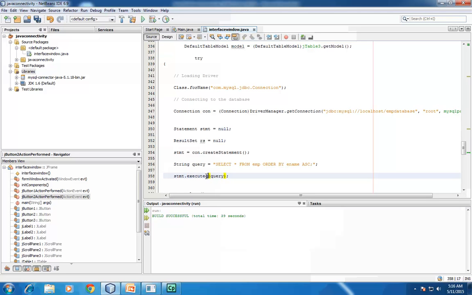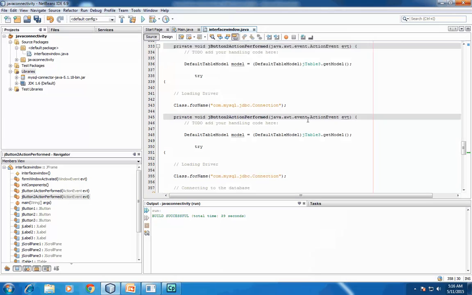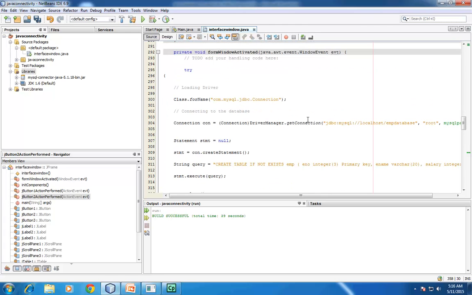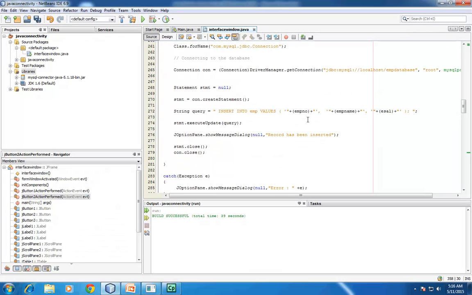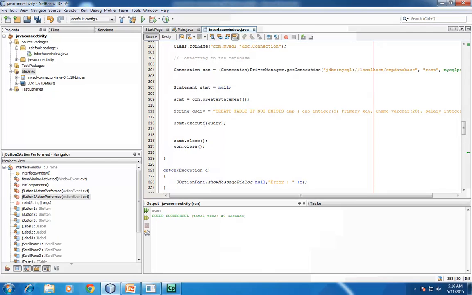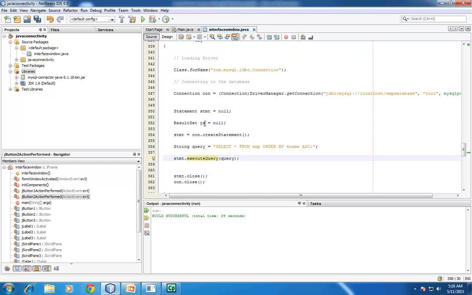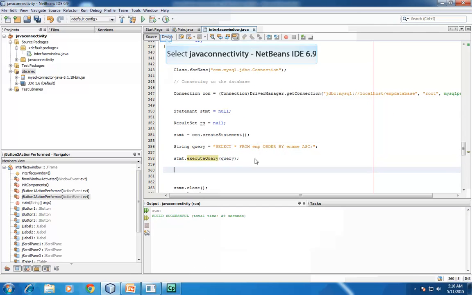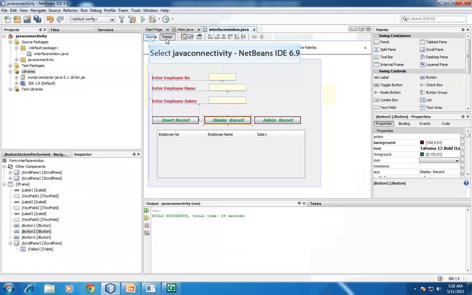Okay, students, remember, when you want to insert, update or delete, you will use the command executeUpdate, and when you want to fetch the data from the table, you will use executeQuery. Now it will extract the data from the MySQL table, and it is our responsibility to send this data to our JTable. For this, you say while